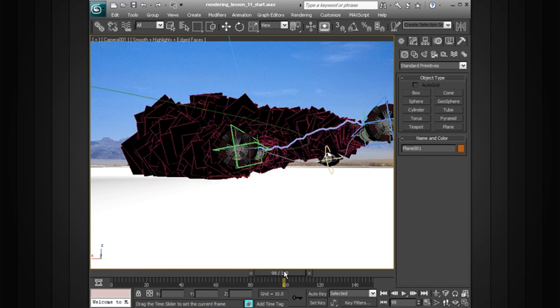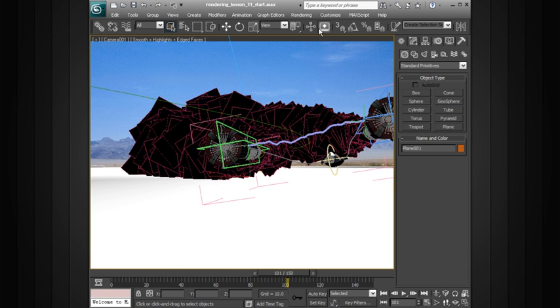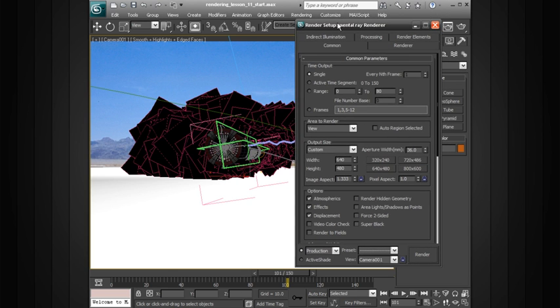What we first need to do is go into the render setup. So let's go ahead and find this. In my case, it's going to be kind of off here to the side. We'll go into our render setup. Alright, so starting in this Common tab, we have a few options for determining just what is going to be